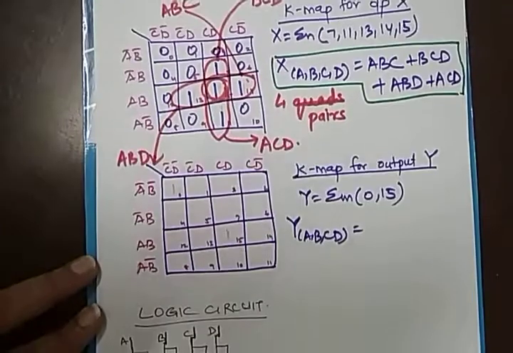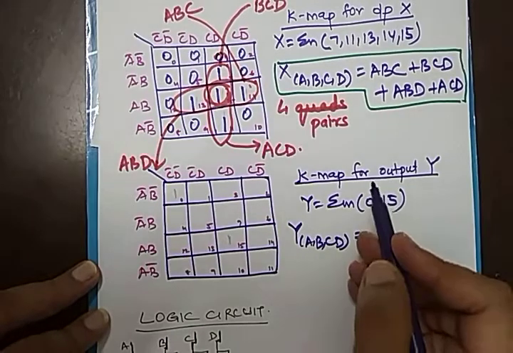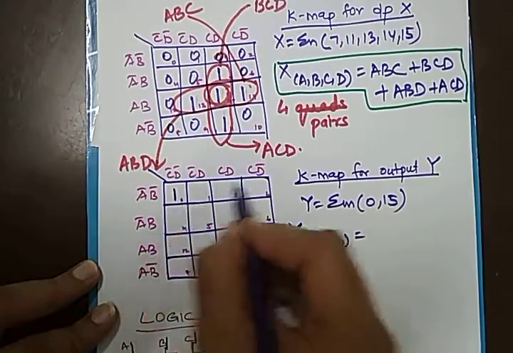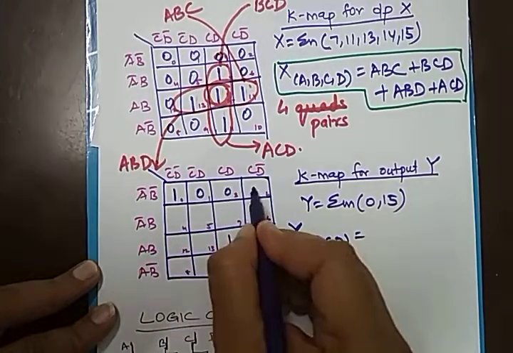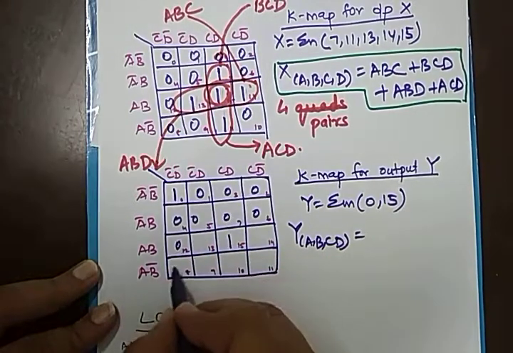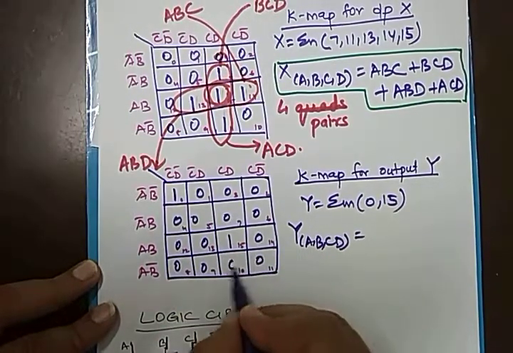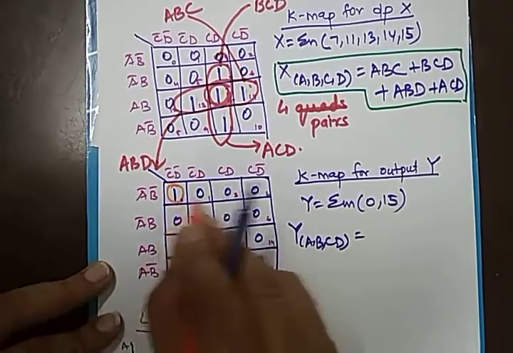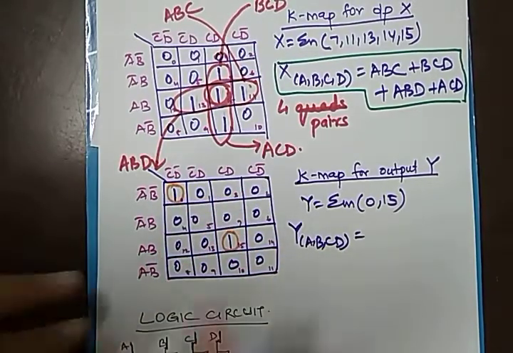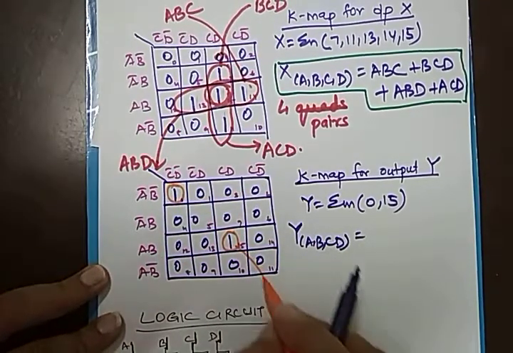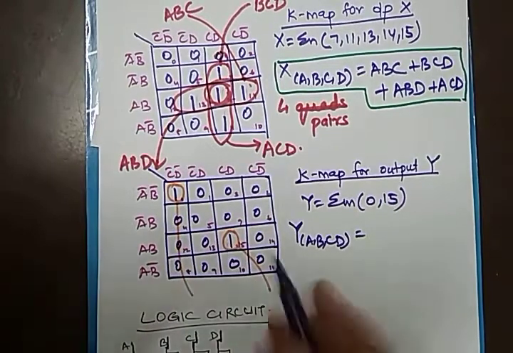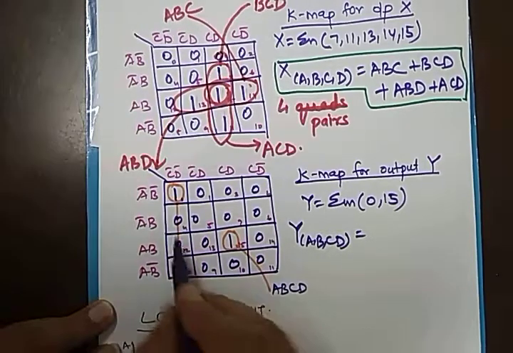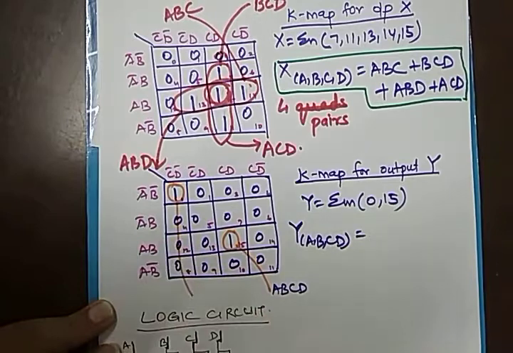Similarly, let us find the simplified function for the output Y. Output Y is 0 and 15. So we have a 1 on the 0, 1 in the 15. The remaining are zeros. And to simplify the K-map, we see that both these have to be left as singles because there is no 1 next to any of these. Writing down the values of this and of this. This is ABCD. This one is A bar B bar C bar D bar.